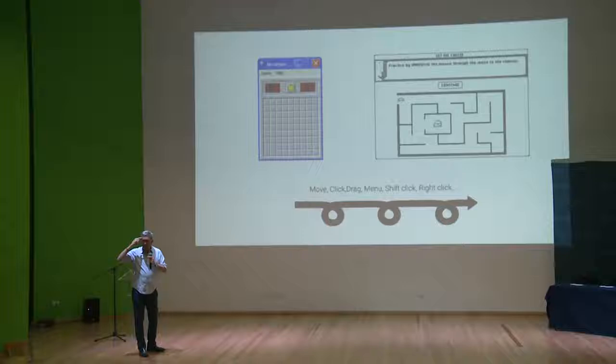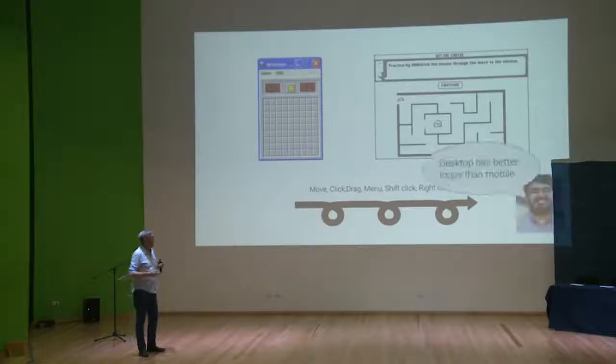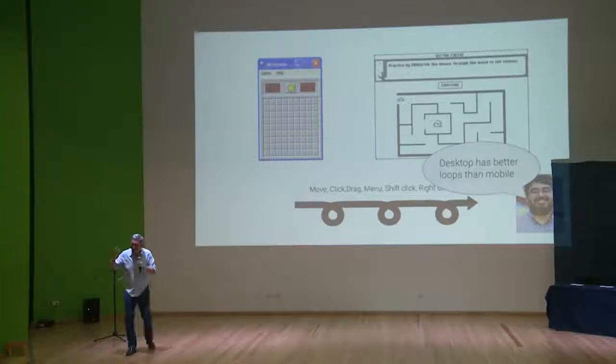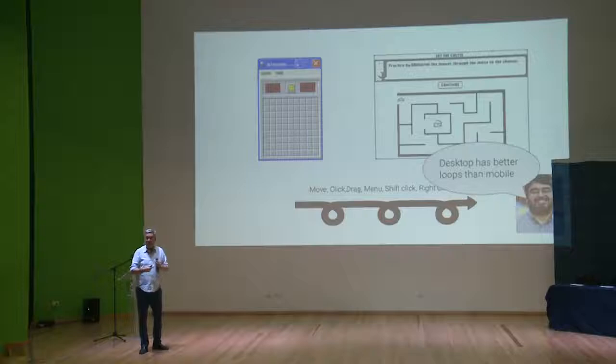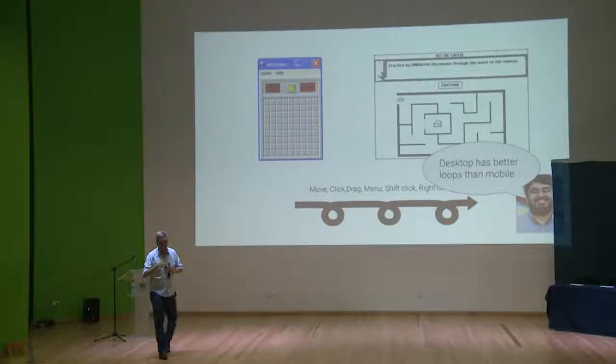And all of a sudden this little light bulb went on, and I was mentioning, well, geez, desktop has so much more richness than mobile. And then Raf was like, yeah, duh. You're like, this is a surprise. To him, this was obvious, right? Desktop has better loops than mobile. What does mobile have? Tap, pinch, drag, and if you really want to do it, you press and hold, right?